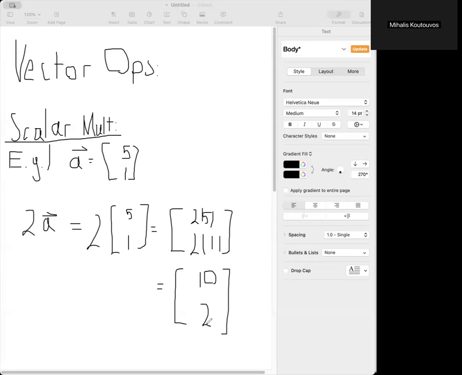Another question that comes up a lot in exams is what to do when you get, let's say, a matrix, bring it down to a scalar, and then multiply it against another, let's say, vector or other system, right? So that is something I will cover in the matrix multiplication section because it's more relevant there. It makes sense to just multiply 2 here by 5 and 1 in this vector, but just to be clear